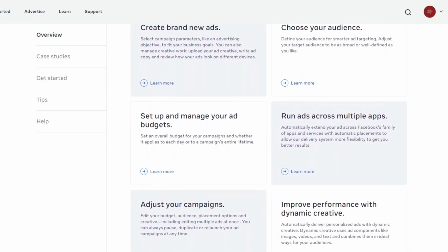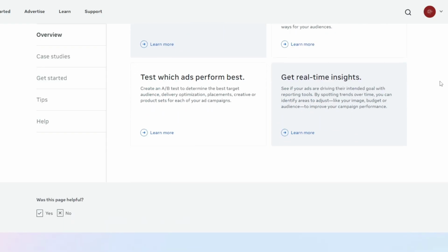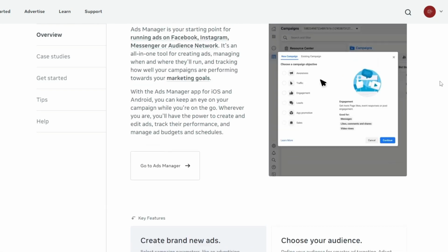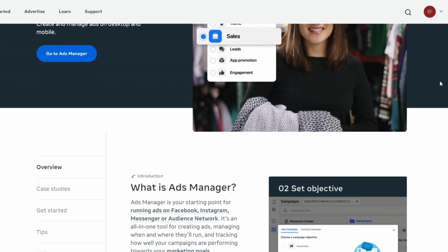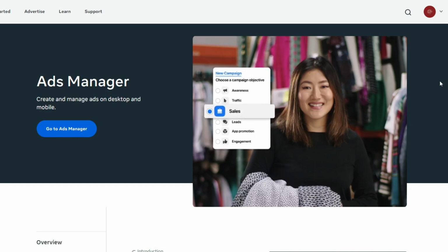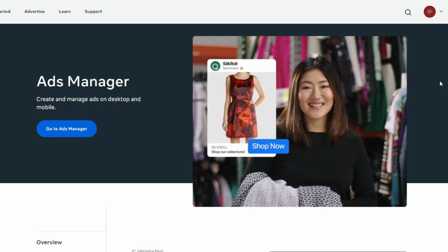First things first, we have to understand Facebook ads. Basically, Facebook ads are paid messages from businesses that appear in users' feed. They allow you to target specific audience based on demographics, interests, and behaviors, making them a powerful tool for businesses